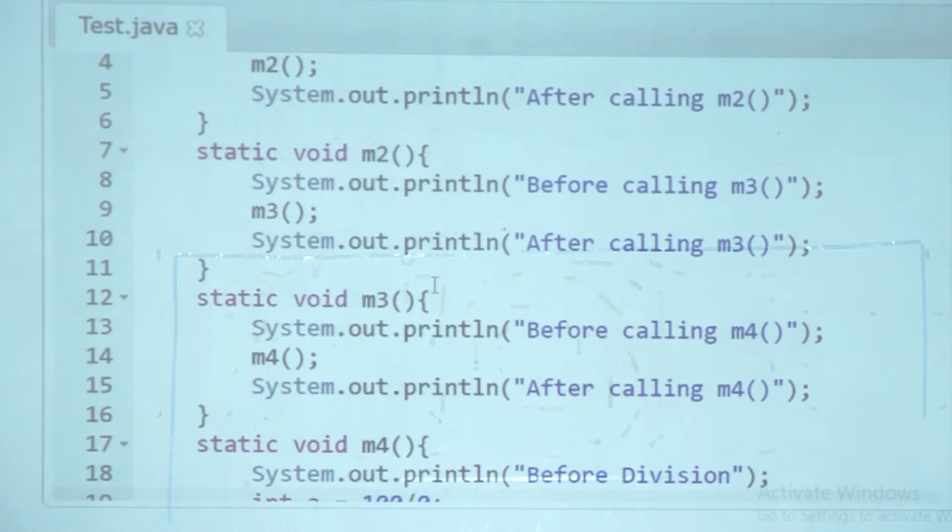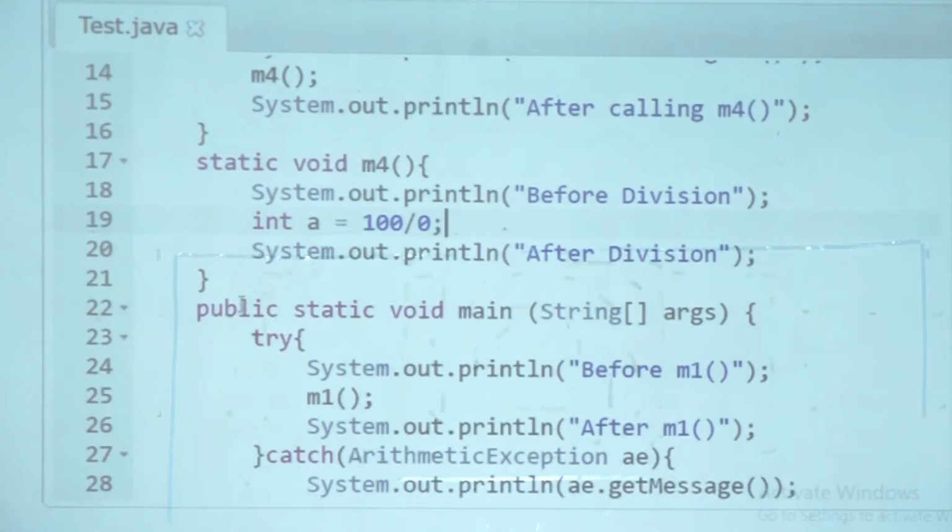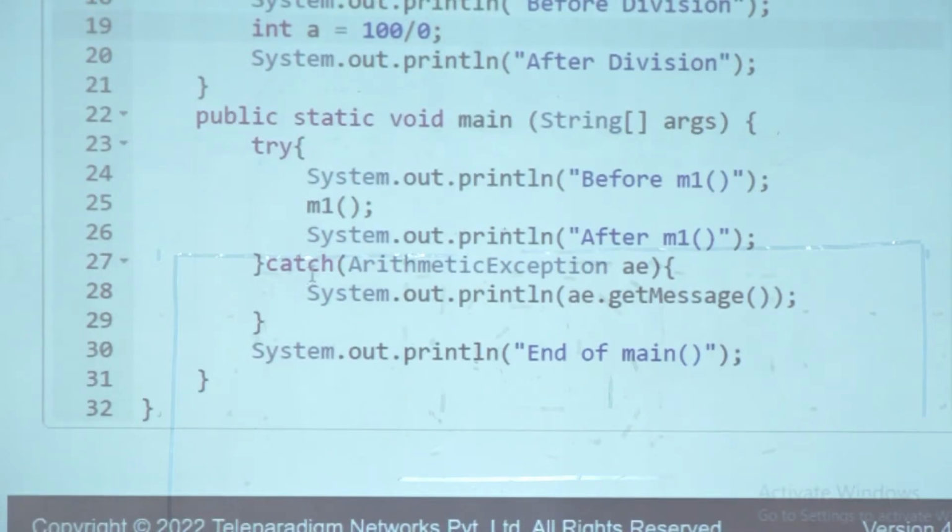That block will be aborted. So because of that abortion, after calling M3 will not be executed, then it will propagate to M1, and in M1 after calling M2 will not happen, and it will propagate now to main, and so M1 will come out with a pending exception.